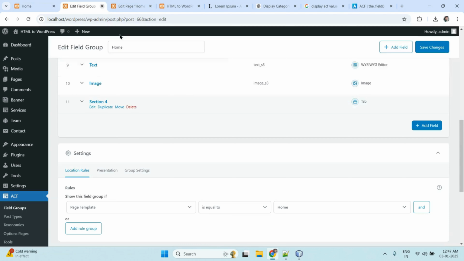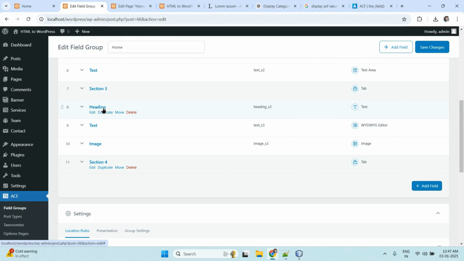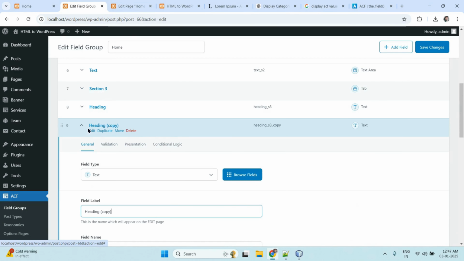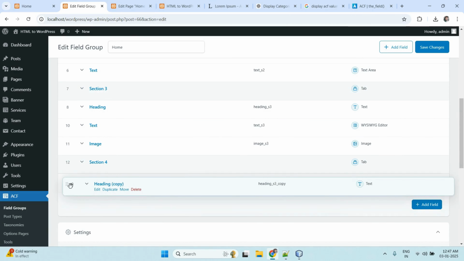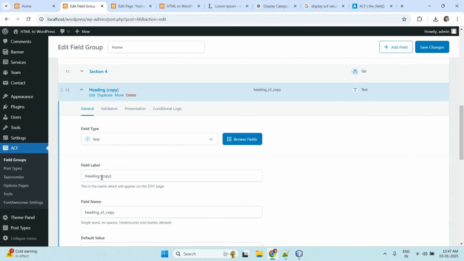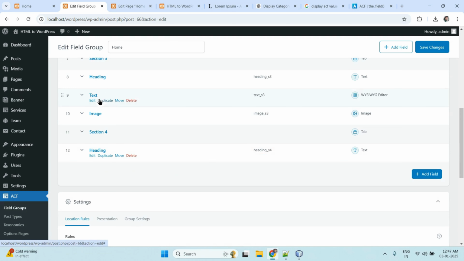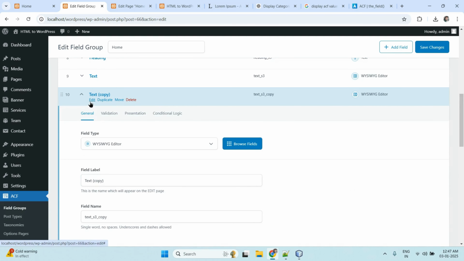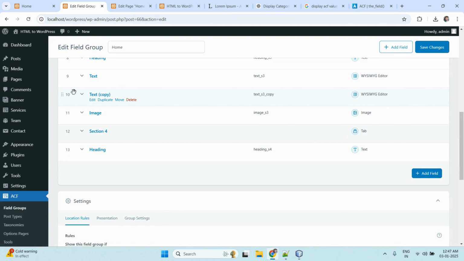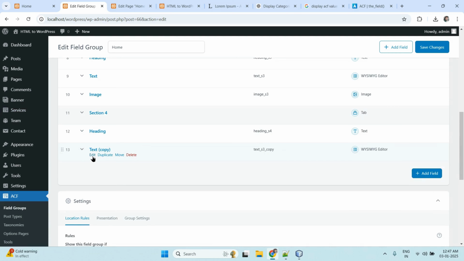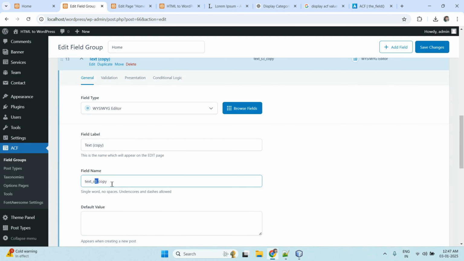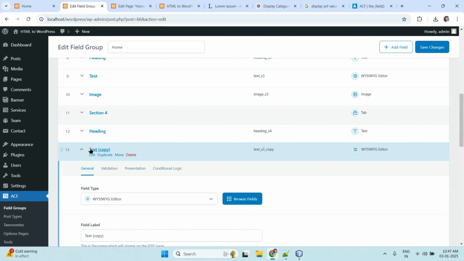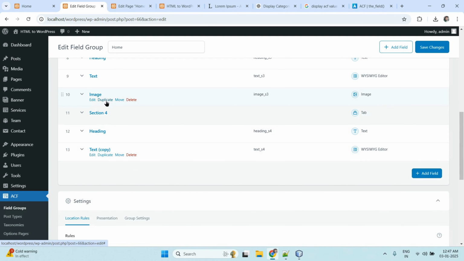So this is the duplicate. Heading, remove S4. Text, drag and drop, S4, and image,